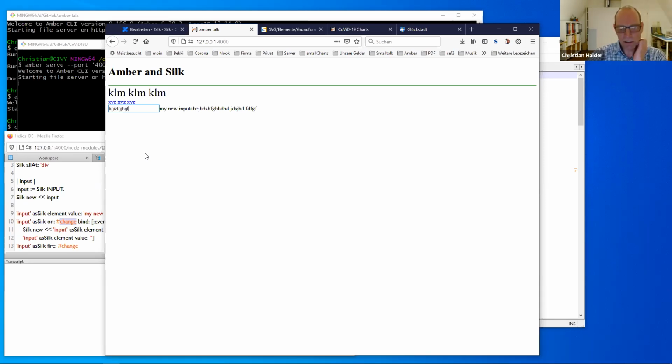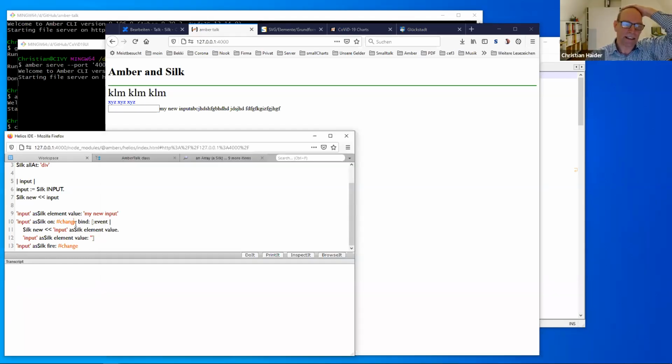Key down, key up, you think? No, that will not fire anything. So return maybe. No, I meant the event name key down, so that it fires on every key press. Yeah. Okay, you can do that. Change, yeah, of course, is the modifier only when you blur. So there can be a lot of